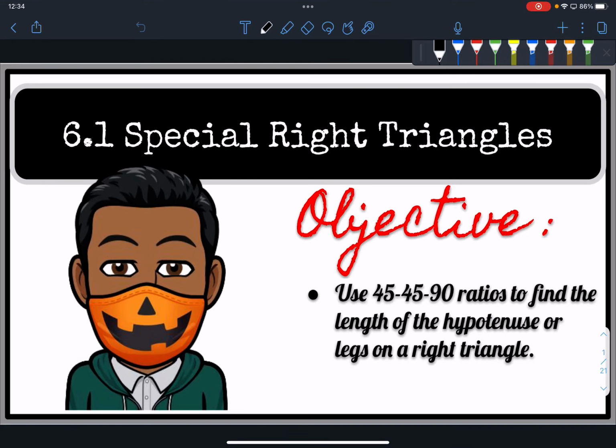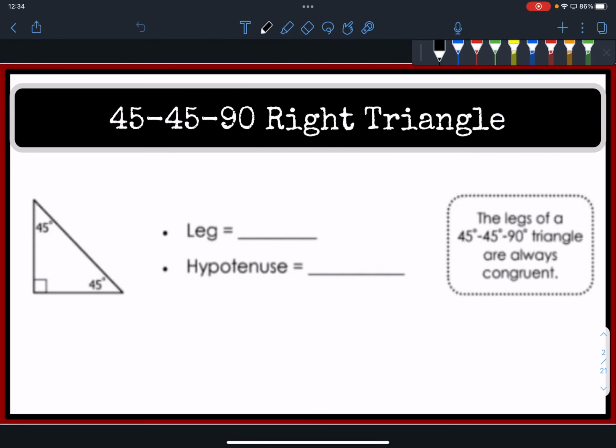Hello class, in lesson 6.1 special right triangles, we're going to look at the special right triangle of a 45-45-90 ratio and use that to find the length of the hypotenuse or the legs on the right triangle. Now let's look at the ratio between the angles. Now on a 45-45-90 degree angle, this is an isosceles right triangle, which means that the two legs are going